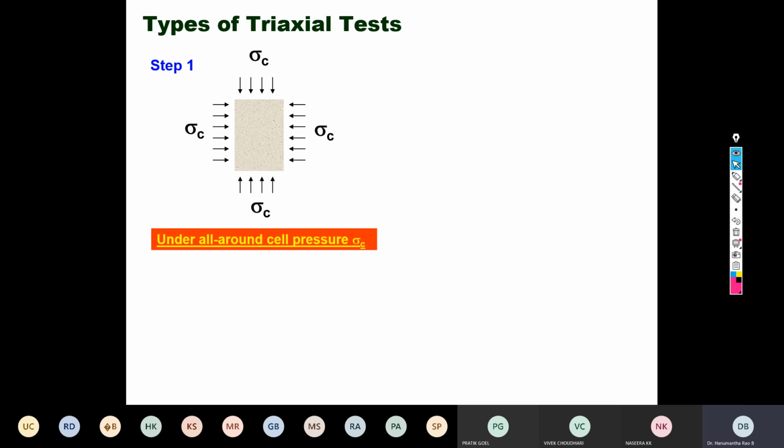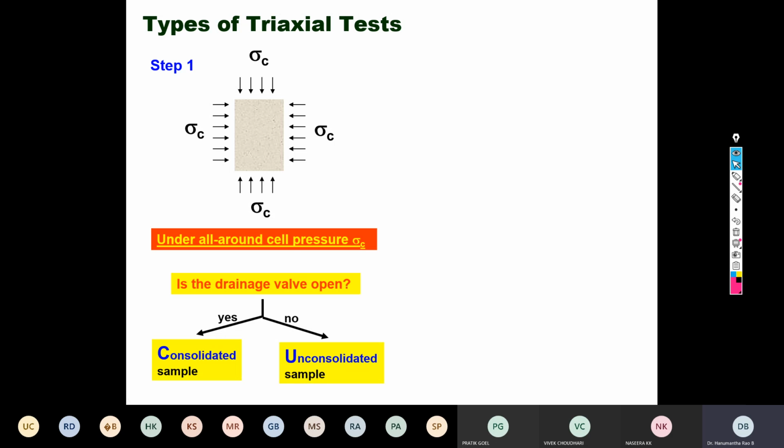Okay, so now this is the most important one, because all previous slides you all have in a knowledge radiation course. But this is what you need to understand. This is how one is able to distinguish between the UU, CU and CD test. This is the triaxial soil sample, which is initially applied with the confining stress of delta C.